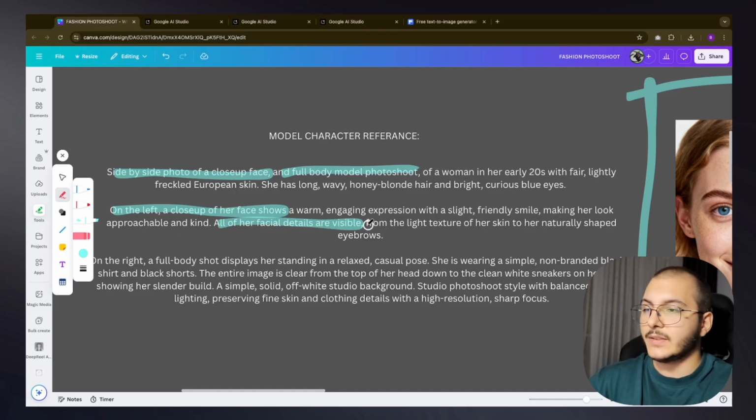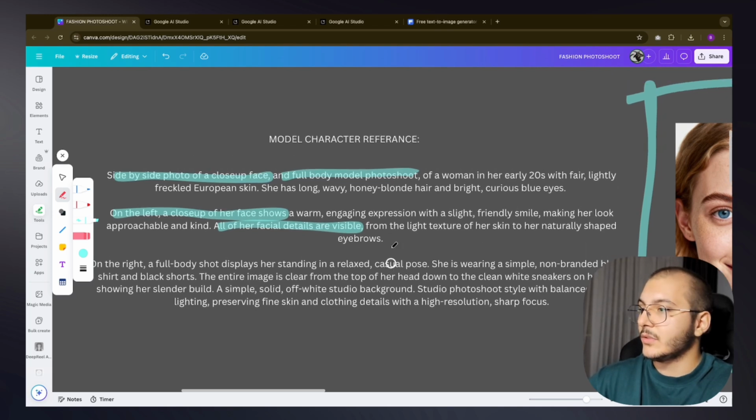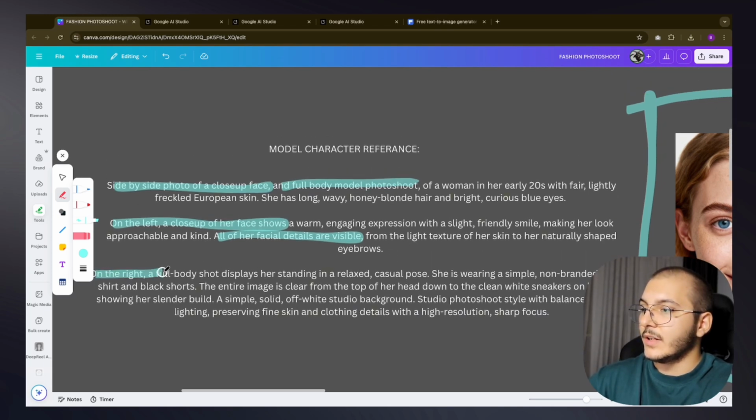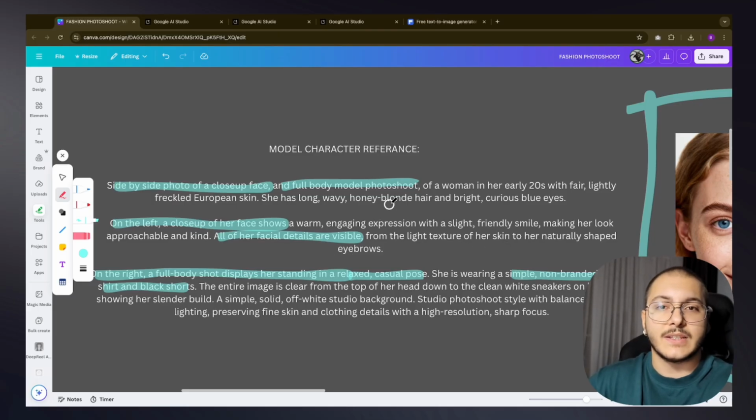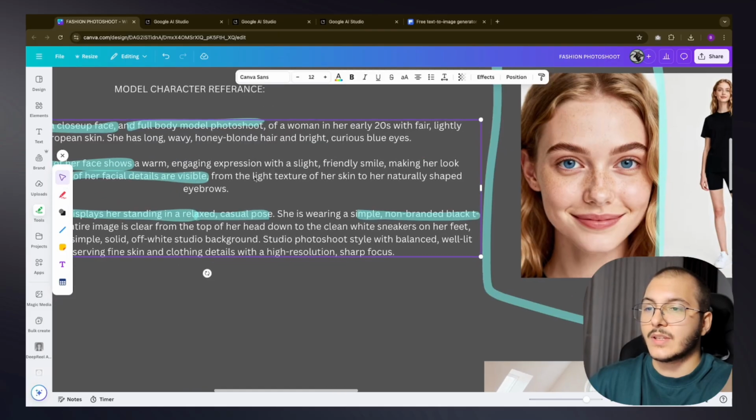You want this part, like latex chauffeur. This is the flavor part of mine. On the right, a full body shot displays her standing. Like you want a relaxed casual pose. This could be a fixed part. And I talked about a simple non-branded black t-shirt and black shorts so that I can easily replace the clothing she has with the outfits that I'm trying to sell in the